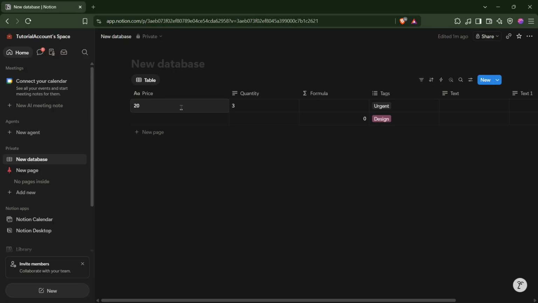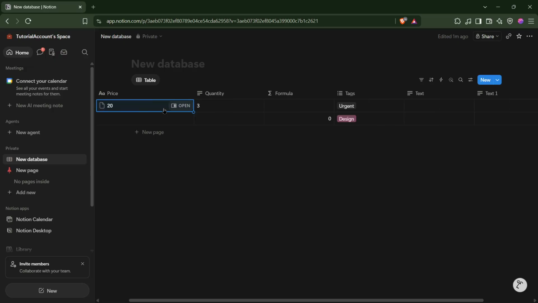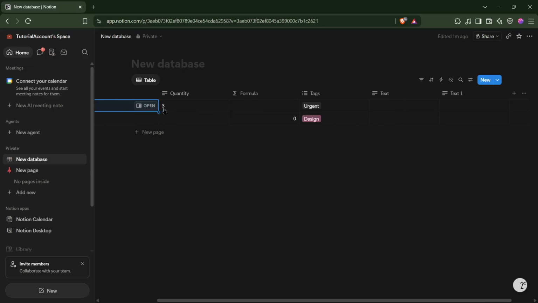Click on any cell inside the table to select it. Here, I've clicked on a cell containing the number 20. The cell highlights with a light blue border to show it's active. When you hover over a selected cell, you'll see an Open button appear that lets you expand the full page view. This is useful if your cell contains a lot of content or you want to see the entire page